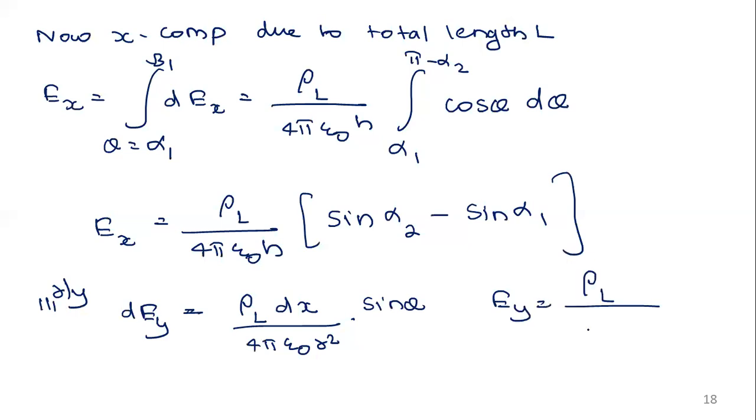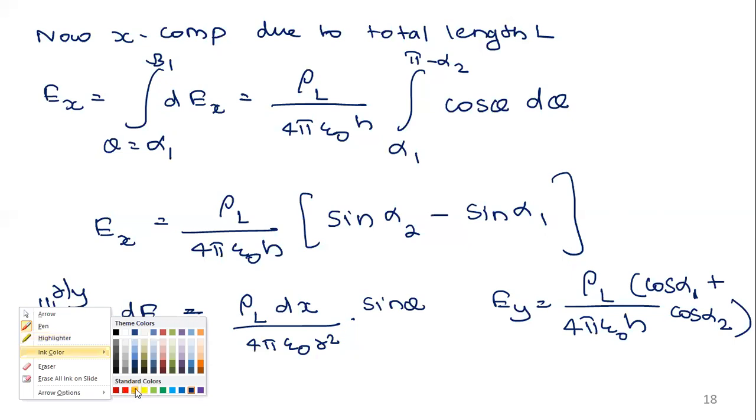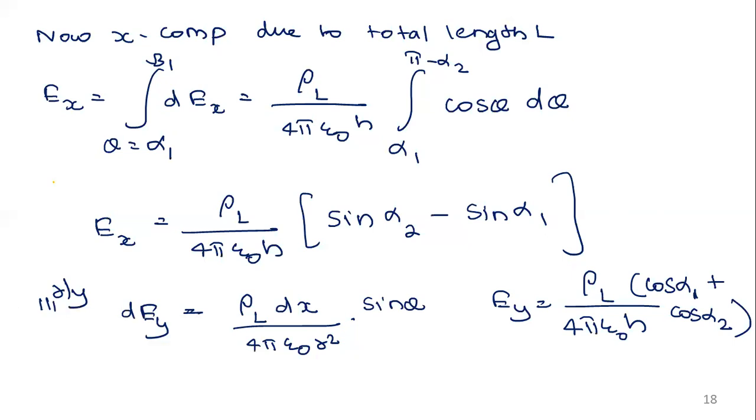There is no need of doing that. You can just write similarly. You can just write down the steps. Same procedure we'll do, and then what we get is cos alpha 1 plus cos alpha 2. If anybody wants, you just try it because it is the same step only. So along the x direction and along the y direction. This is very important in terms of university exam as well as for any competitive exam. So Ex is this much.